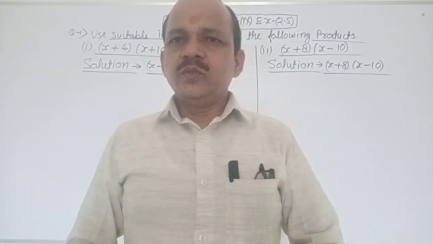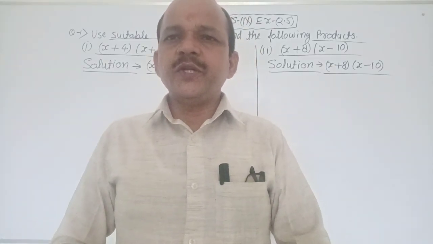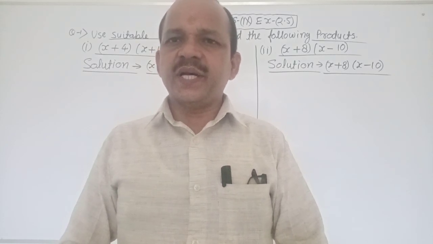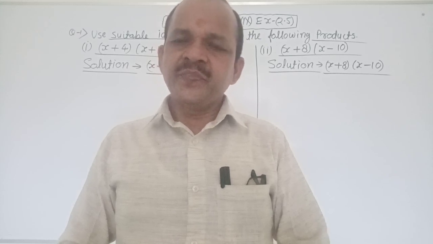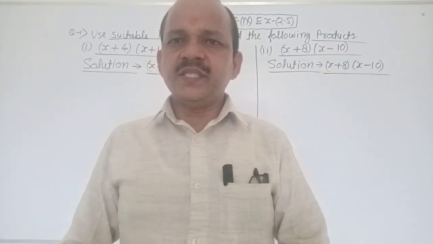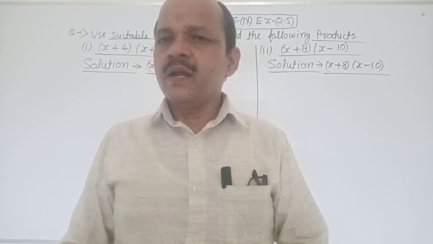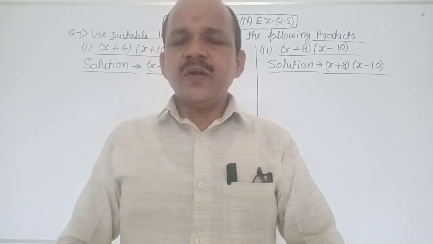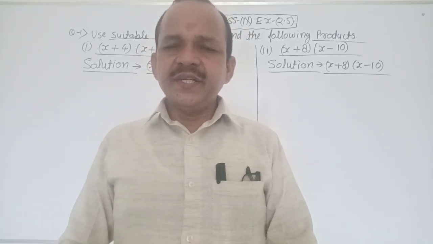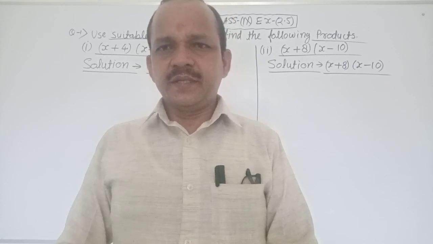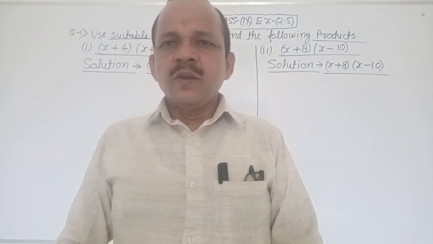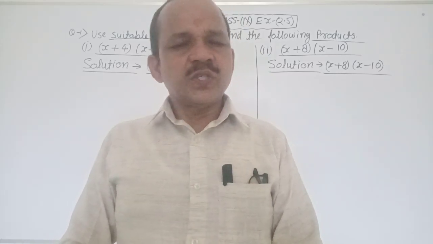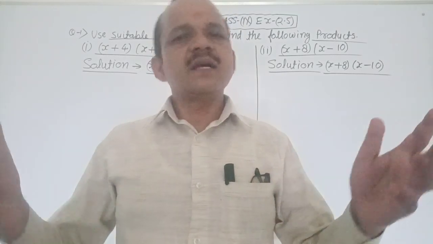Good morning class. Today I want to describe polynomials for class 9, Exercise 2.5, question number first, part first and second. Concentrate your mind and listen to my words with full concentration. My words are clear, no confusion about it. Very good. Today I want to describe identities and the use of identities. It is clear. Firstly, I want to describe what an identity is and how you can use it.